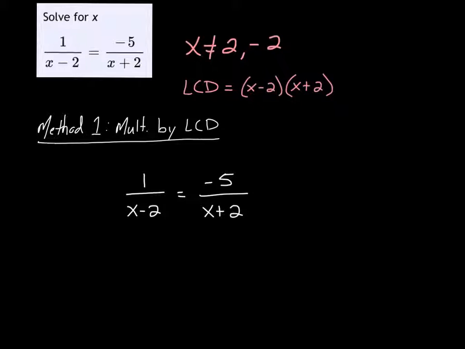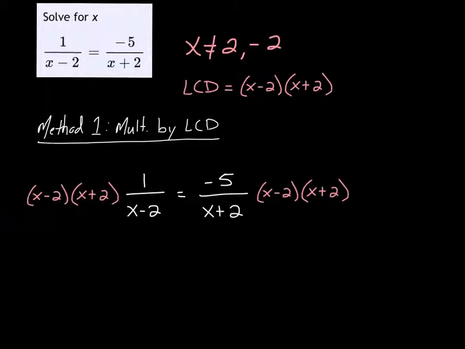Alright, now let's talk about these two different methods. These are really mathematically the same method, but there's two different ways of looking at it. In this first method, you just multiply all the terms in the equation by the least common denominator. We've identified the least common denominator to be x minus 2 times x plus 2. So we're simply going to multiply each of our terms in this equation with